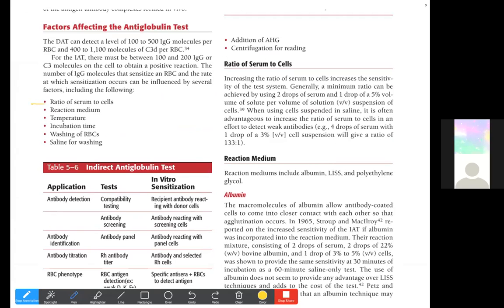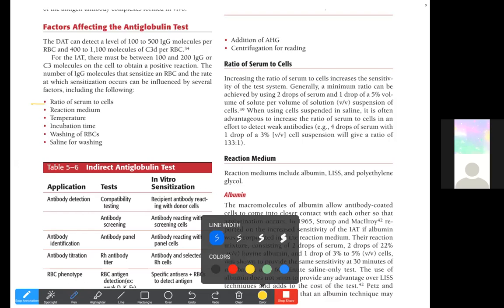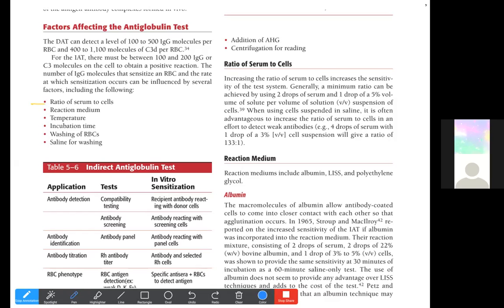Not only the ratio of serum to cells, but also the reaction medium, because that would in a way influence the incubation time. Then also the temperature of the reaction, which ideally is 37 degrees centigrade. Then also